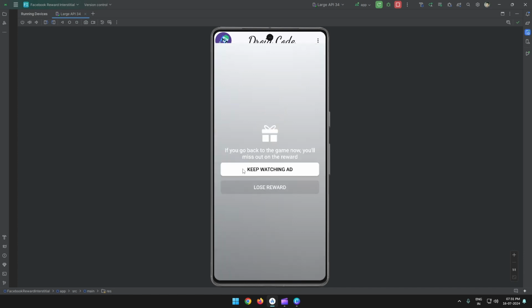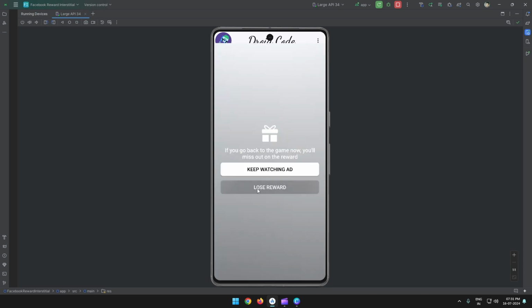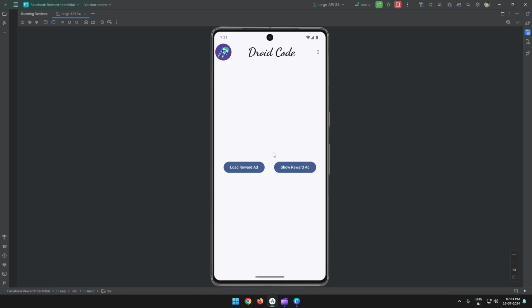If we click this, we get this, which is by Facebook itself. We have not done anything here. If we click on watch ad, it will continue. If we click on lose rewards, that ad will finish. Okay, so this is what we will be implementing, and I will show you how to implement Facebook reward interstitial ad in